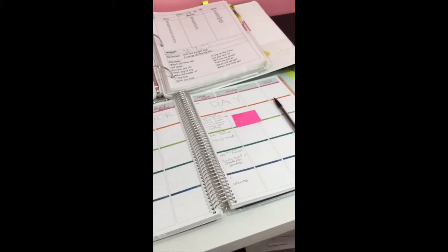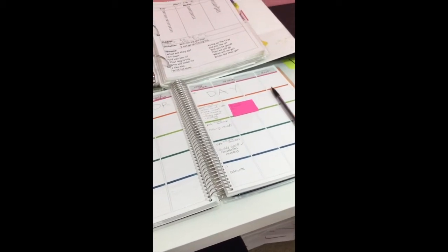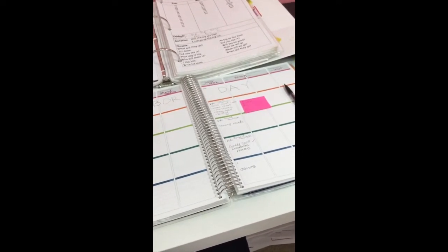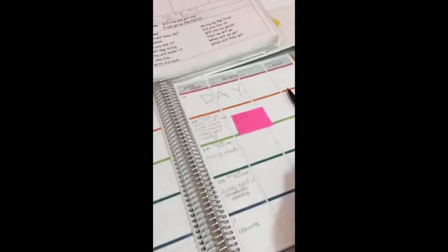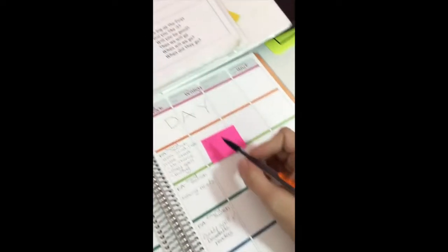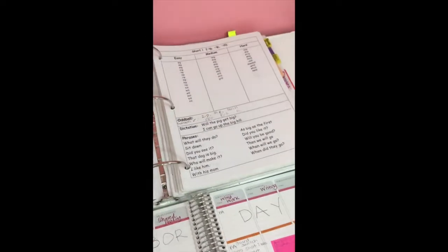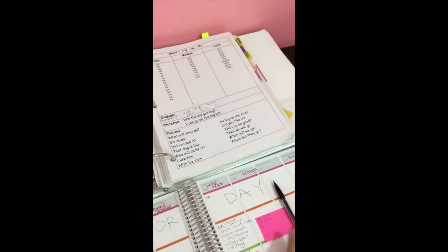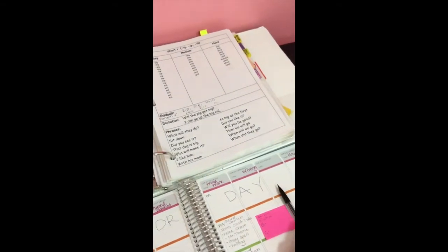So there are my week's plans for this week. It is now Monday, so I'm going to go gather up everything I need. I'm going to write out their words. I'm probably not going to get them all in because I don't have that book, but I certainly will get most of them in. This has been my spelling video, so I will try to insert as many clips from last week as I can,